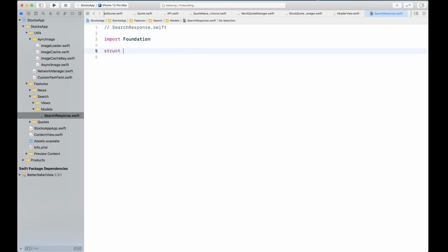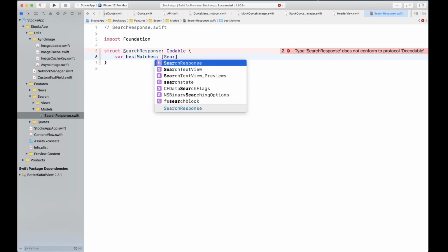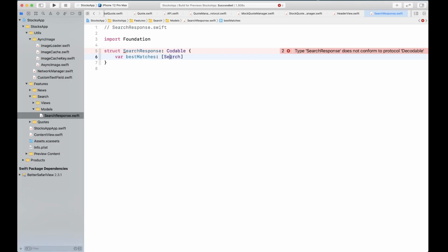We're going to create a struct search response, which is going to be conforming to Codable protocol, and we're going to have fast matches. And this is the keyword that actually the key that is returned as a part of response, and it's going to have something called search. Okay, search is something that we haven't created yet, so let's go ahead and create that.